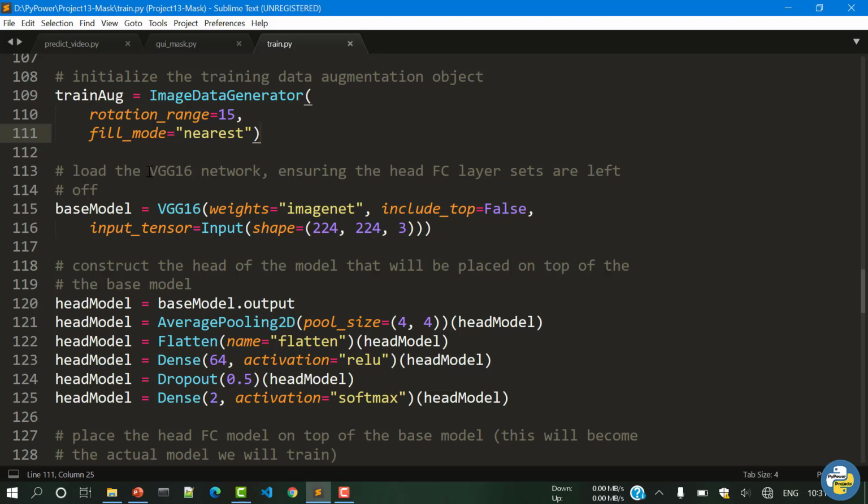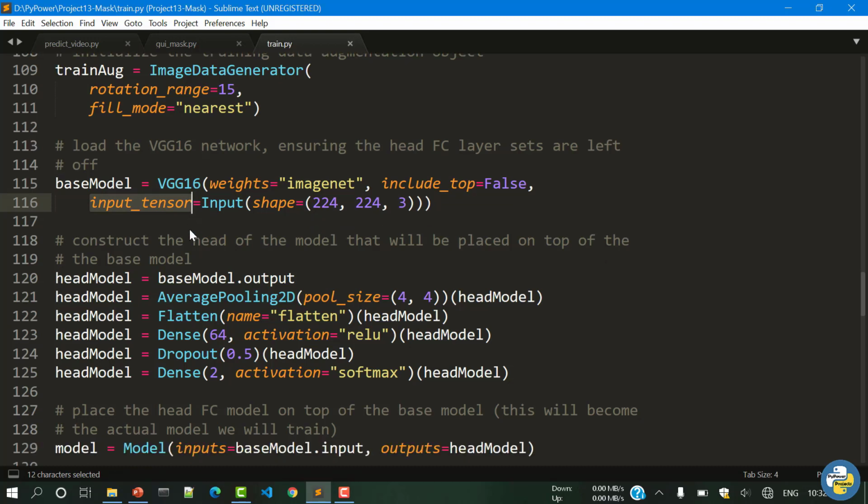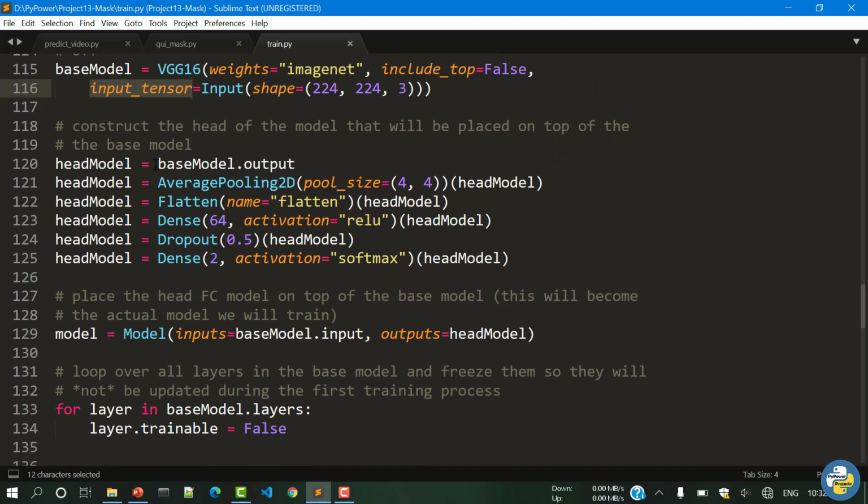Now we are loading the VGG16 network, and here you can see that the weights are of ImageNet, that is, we are using the ImageNet architecture, and here the input shape is 224 by 224. Previously we resized our image to this dimension, so this is the reason why we resized our image, because the input tensor which the ImageNet architecture uses is of size 224 by 224. Now we are performing the transfer learning. We are only training our topmost layer for predicting this output, and after transfer learning our model is prepared based on the original ImageNet architecture.